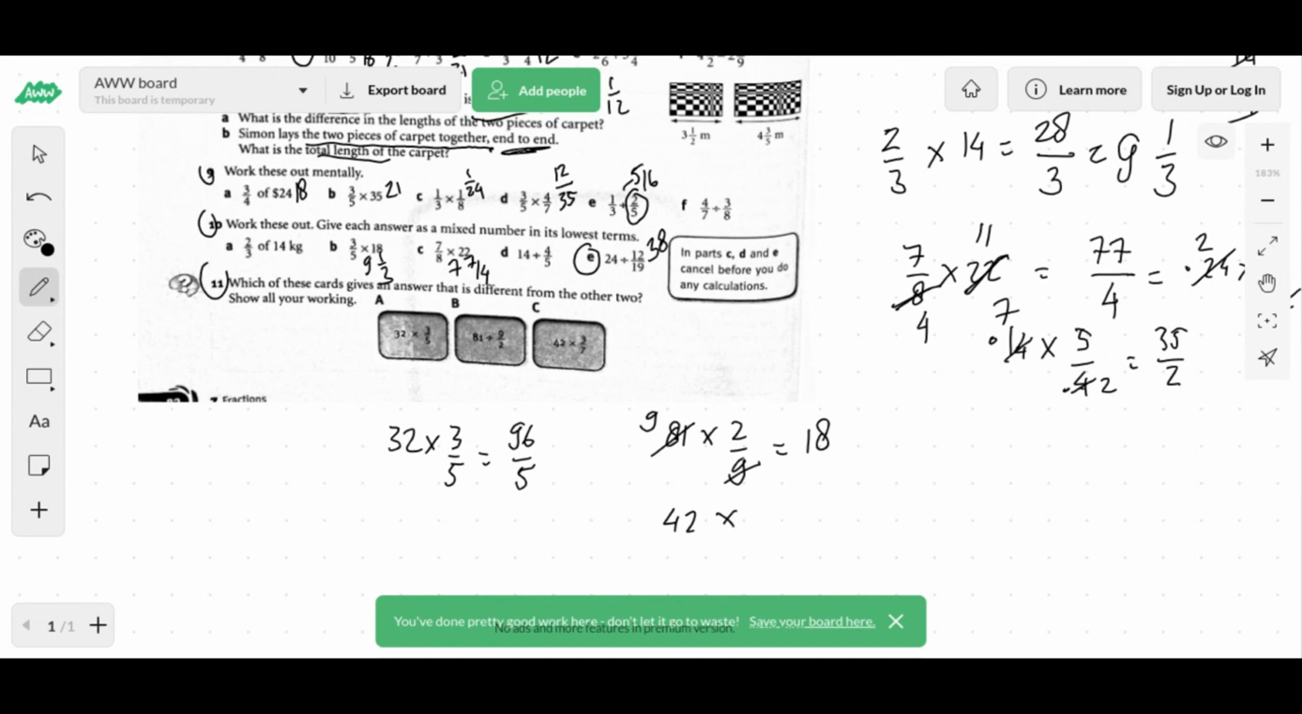42, the answer is A. You can cancel 42 with 7. This is becoming 6. Again 18. So, which of these answers is different? The different one will be the A one. Because B and C are